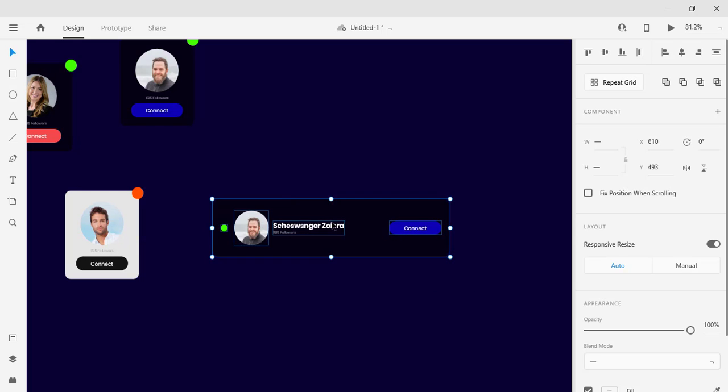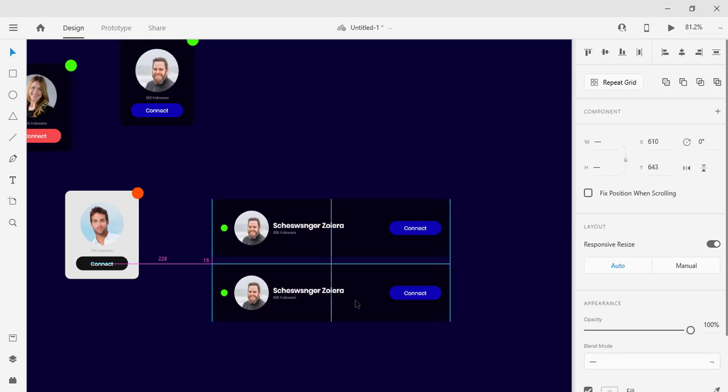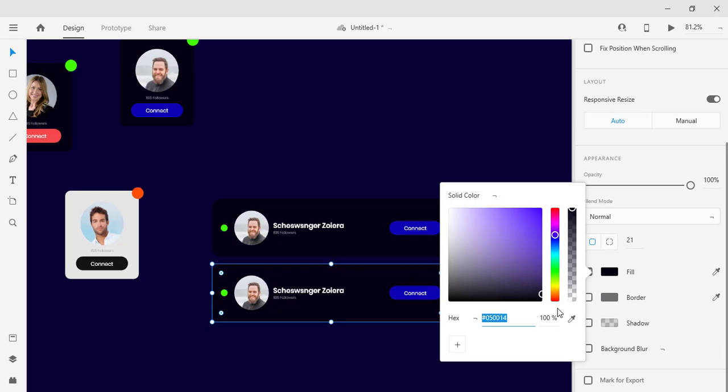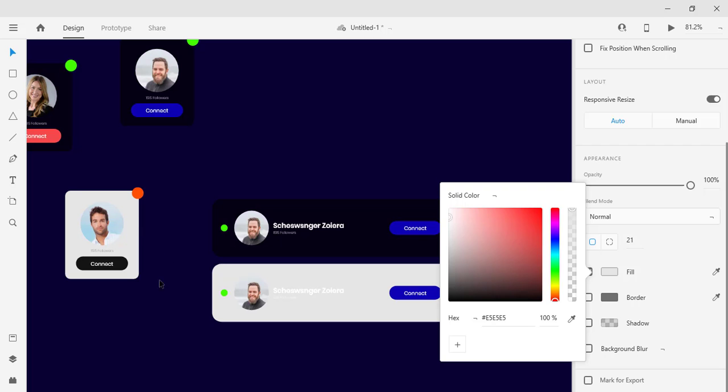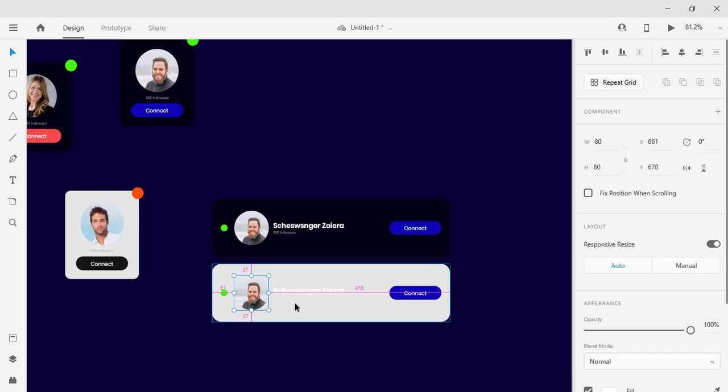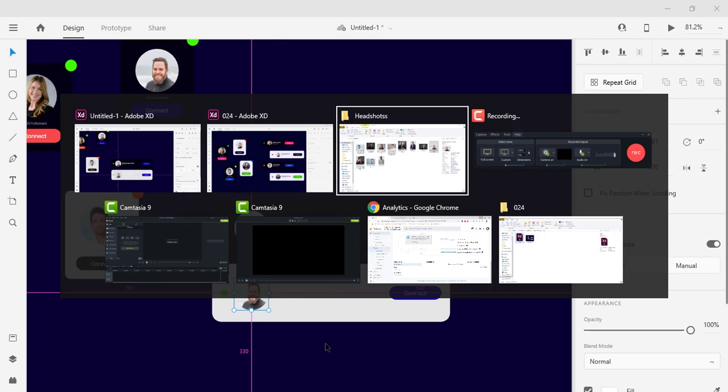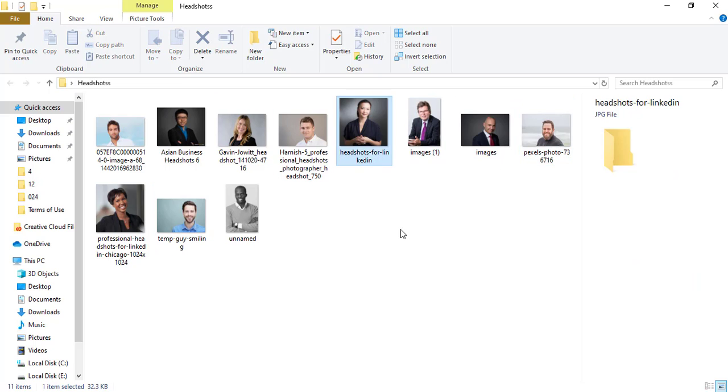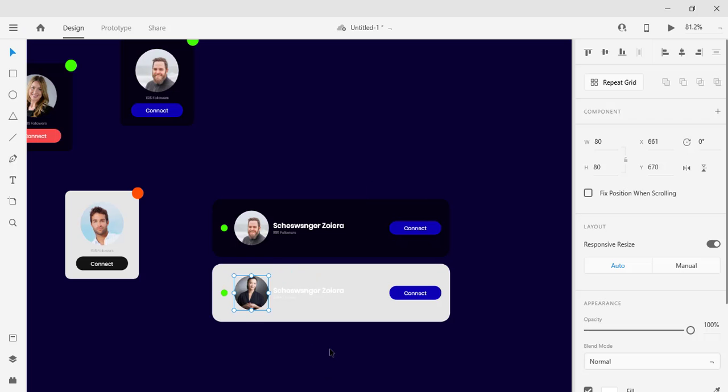So let's create another variant. I think a lighter color shade. We will change the headshot from here to there.